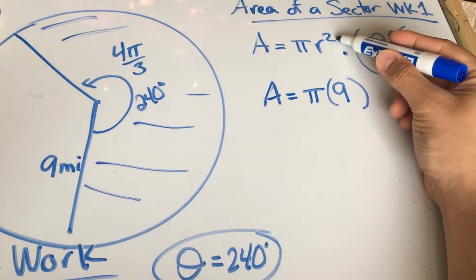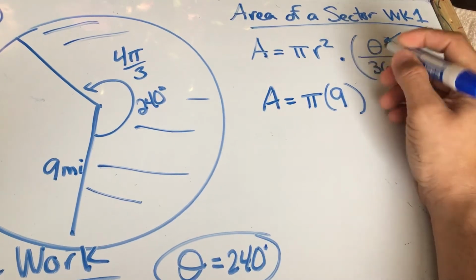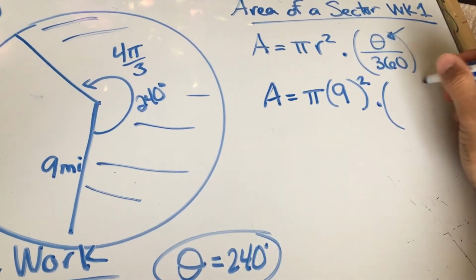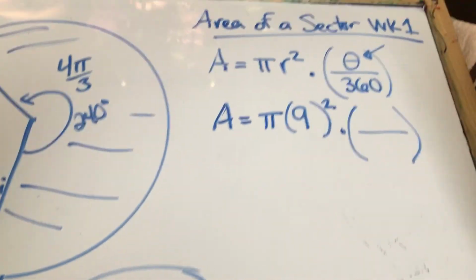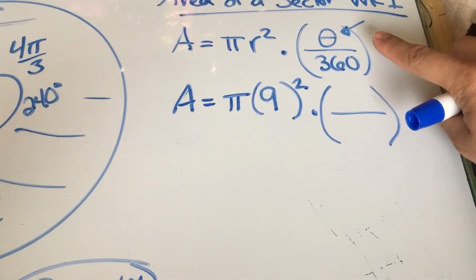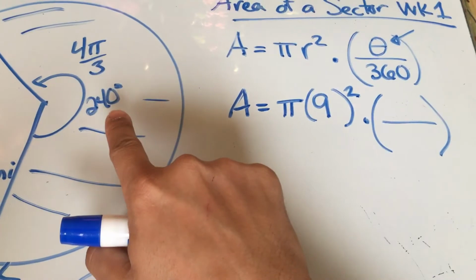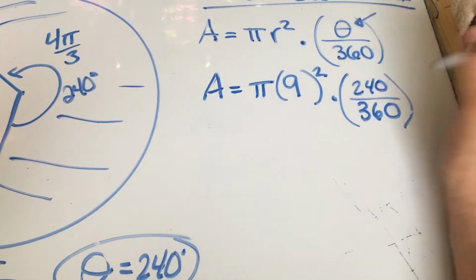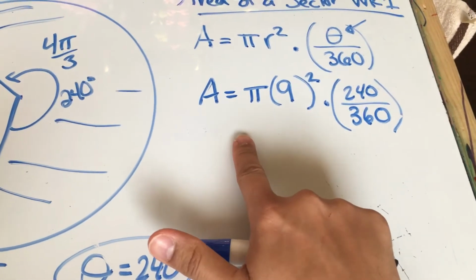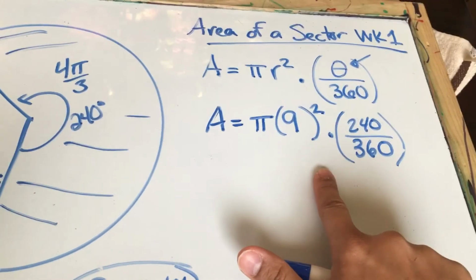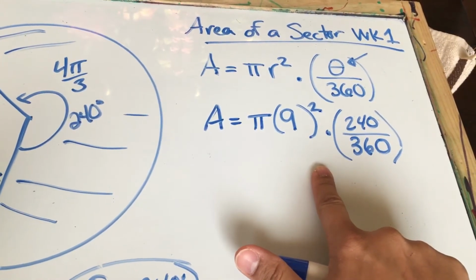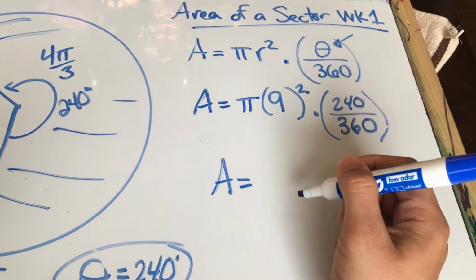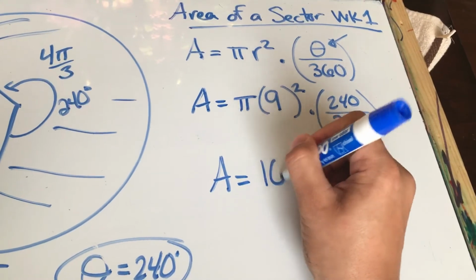That is squared, so the 2 goes up here in our exponent position, times a fraction. Well, our fraction is going to be theta, which is our central angle, which was 240. So 240 divided by 360. In my calculator, I'm going to type all this in: pi times 9 squared times 240 divided by 360. I get a measure of